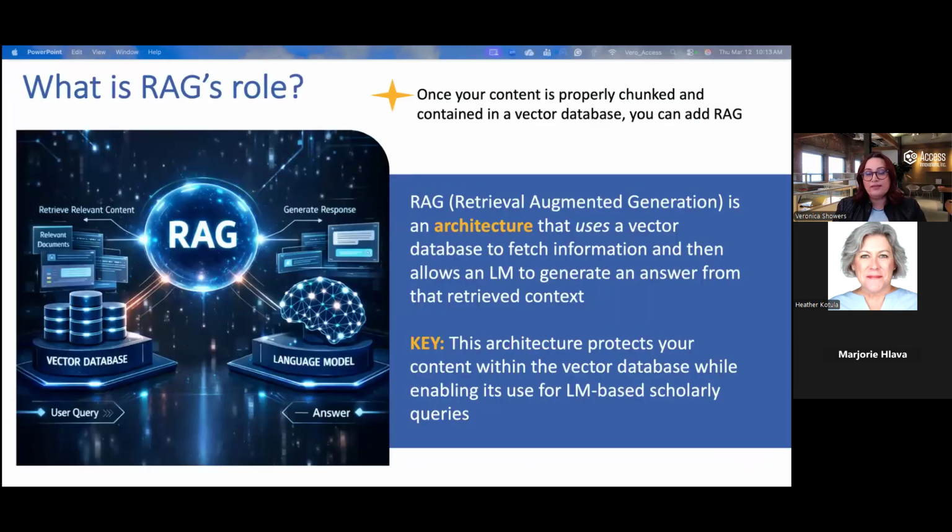Well, one of the first things you'd want to think about is RAG, retrieval augmented generation. And what RAG does, it serves a very important purpose for you. Number one, it gives you a way to protect your content. So when a user puts a query in, RAG will then query your database, locate relevant chunks of information. Maybe it gets 7 different chunks from 3 different articles, and it sends those chunks plus the query over to the language model to generate, and that's where the generation comes from, generate a specific response